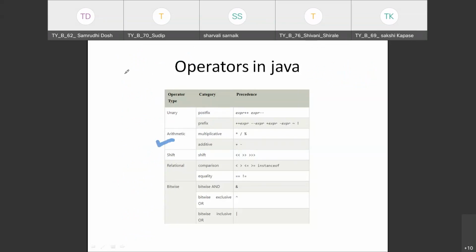So if you are taking any two numbers or any two variables and we are writing A plus B, or A into B, or A divided by B, or A minus B, or we want to find the mod, that is the modulus operator. If we are using these operators, that is plus, minus, multiplication, division or mod, we call it an arithmetic operator.